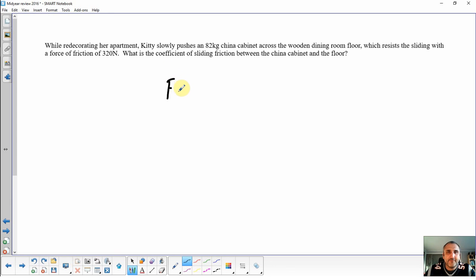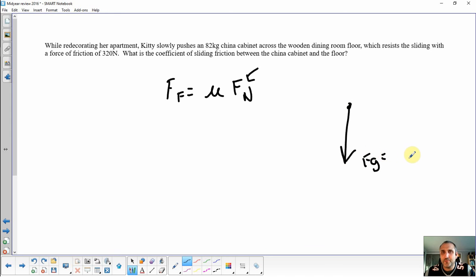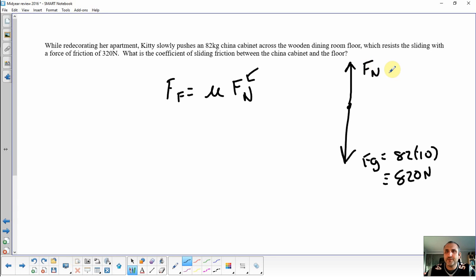Again, Ff equals mu times the normal force. The big deal is we have to figure out what the normal force is, which is basically equal to the opposite of gravity. So I've got this china cabinet getting pulled down with gravity. Fg equals mg, which is 82 times gravity, which is negative 10. So Fg is 820 newtons negative. And if it's not going through the floor, we've got a normal force of positive